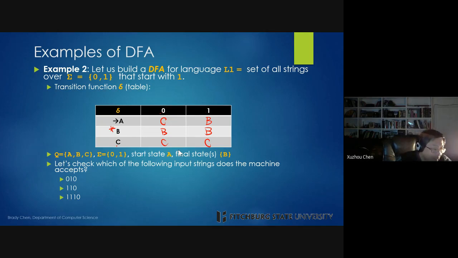Okay, so we have three states: A, B, and C. The start state is A, the final state is B, and the dead state is C. Okay, let's check which of the following input strings the machine accepts. Again, as I said, I know this is going to be rejected and this is going to be accepted, but we're talking about a machine, right? So let's say